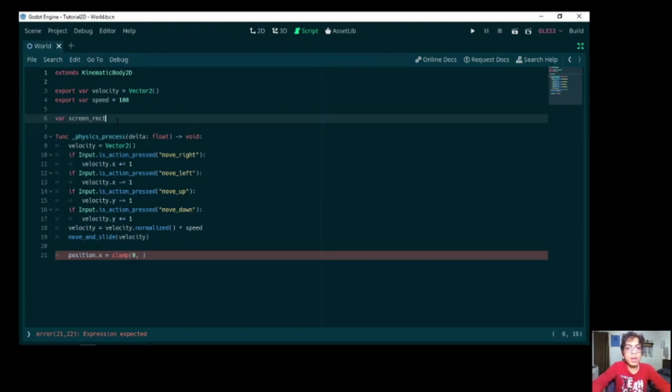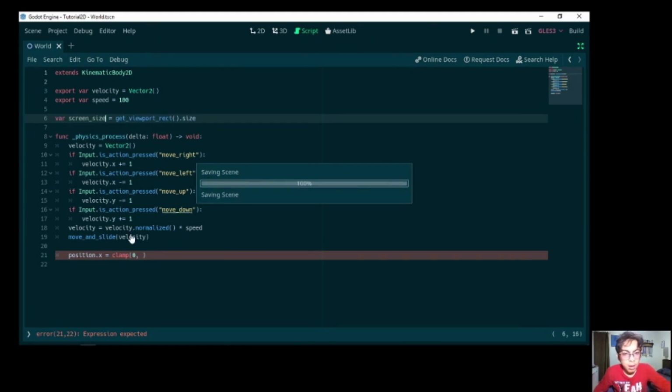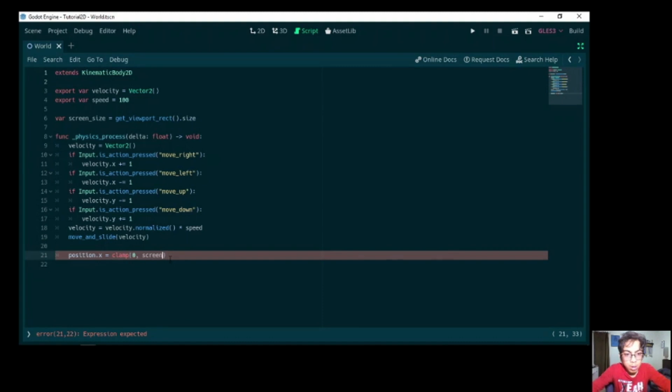Screen rect, which I will set to get viewport rect dot size. I'll actually call this screen size. So then I'll do screen size dot x and add